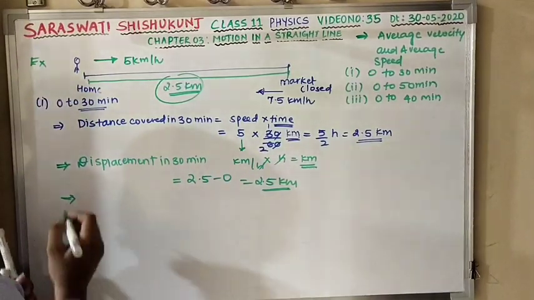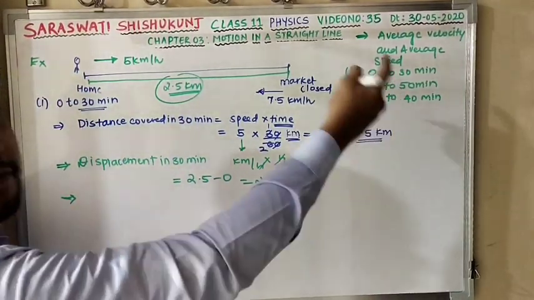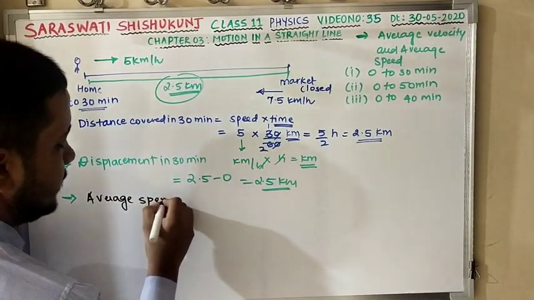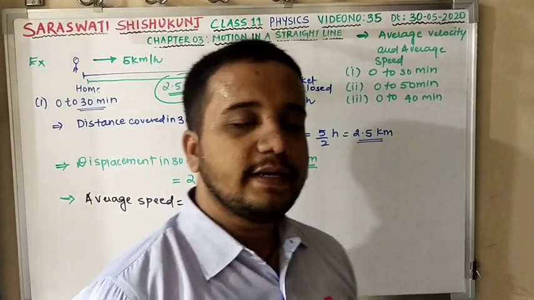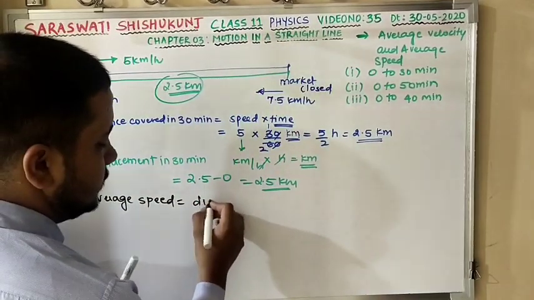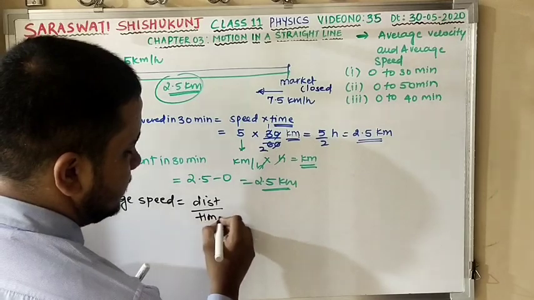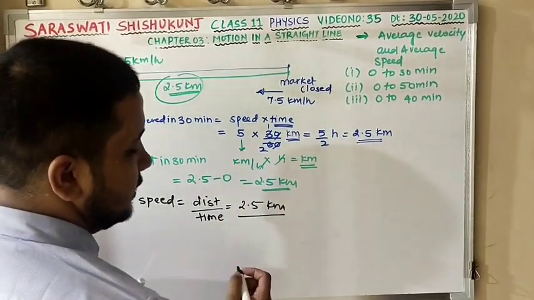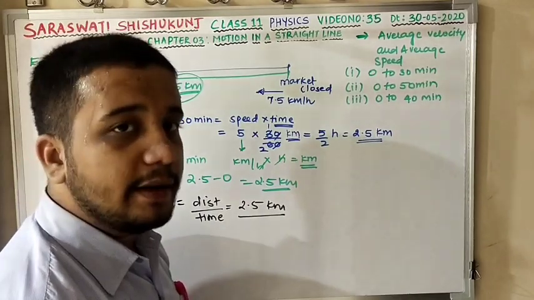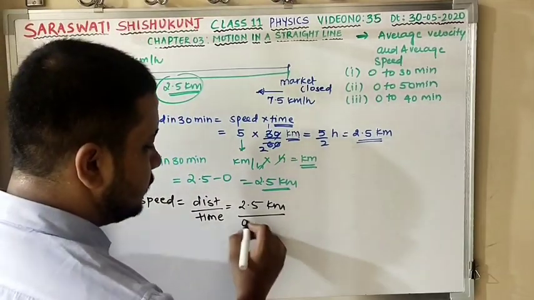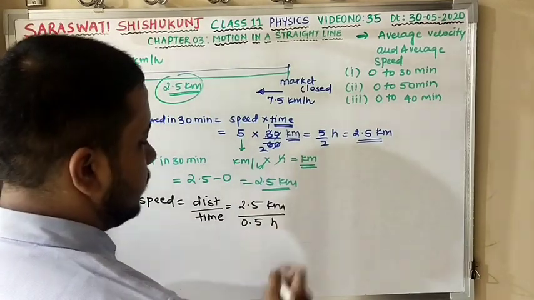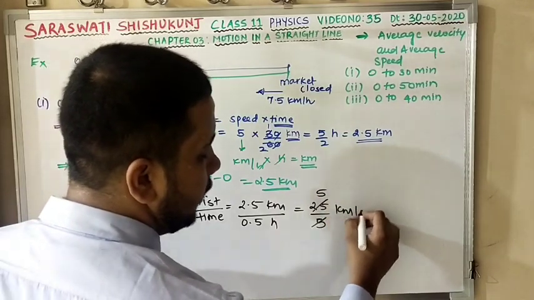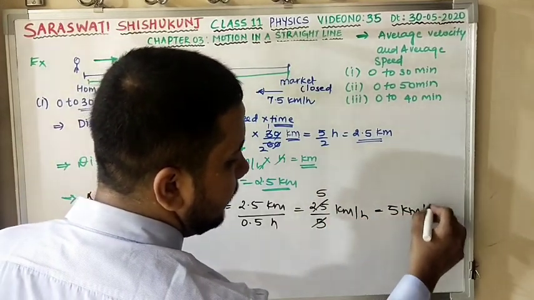I am going to get the values for the two things they have asked. The first thing they have mentioned is what? Average speed. What is average speed? Everybody knows what average speed is. Distance upon time. Very good. So we need to calculate distance upon time. What is the distance over here? Distance is 2.5 kilometer. Time is 30 minutes, yes or no? 30 minutes means what? 0.5 hours. So I get 2.5 by 0.5, which is 25 by 5, so 5 5s are 25, and the unit will be kilometer per hour. So the answer is 5 kilometer per hour.